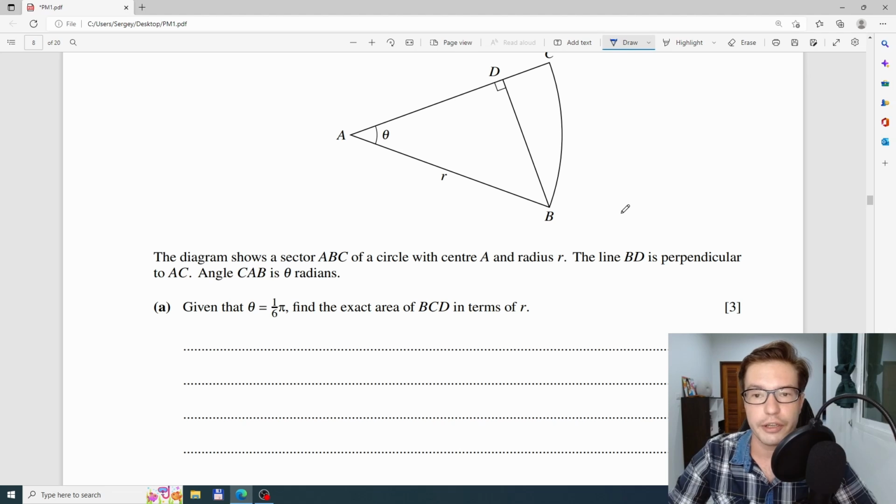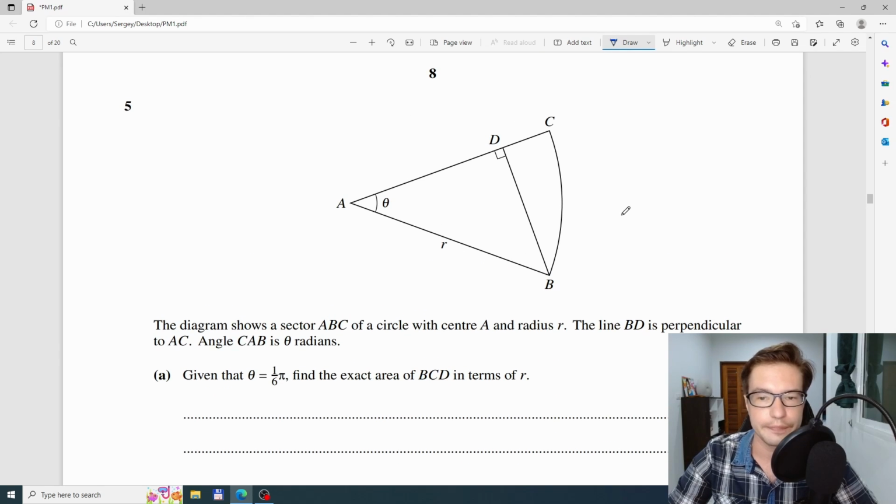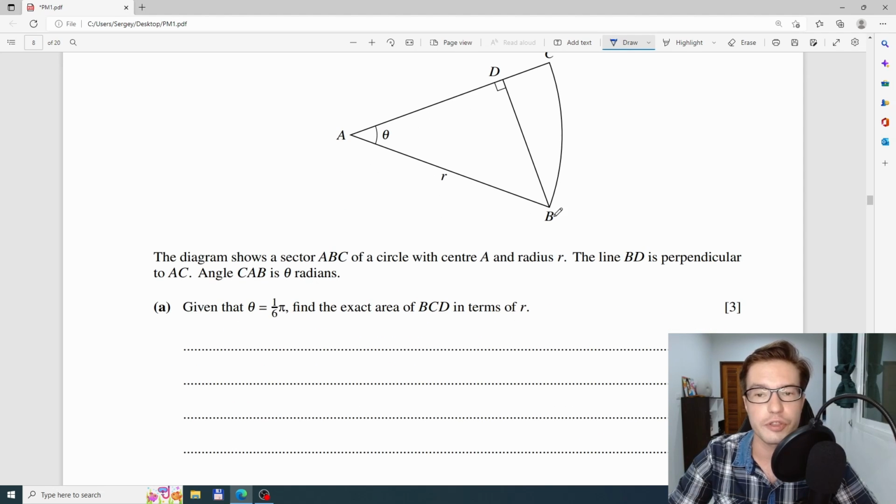Okay, find the exact area of BCD. And we can see this area is going to be equal to the area of the sector minus the area of a triangle. And I'm going to write it down. So sector minus the triangle. And I will try to find both areas separately. We know that the area of the sector is going to be r squared over 2 times the angle theta. Now for the triangle, I want to use the formula